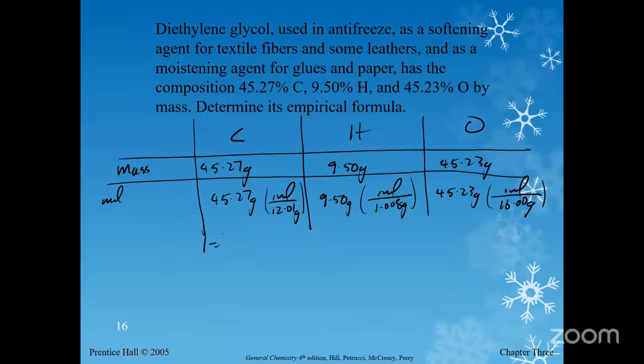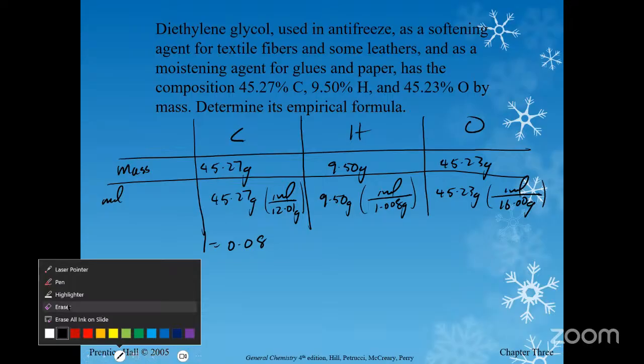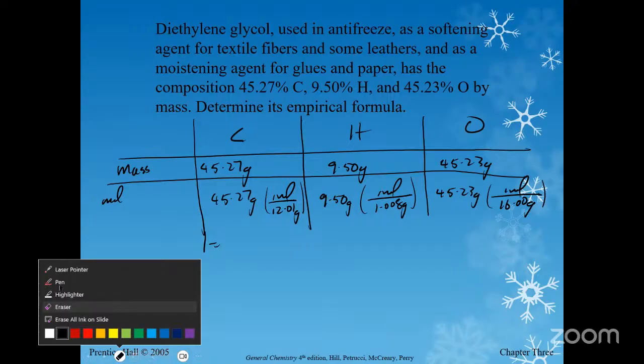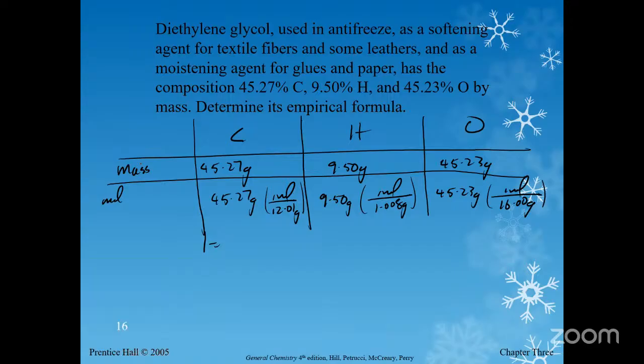45.27 divided by 12.01. And when I did that, I got 0.08. No, that can't be right. Let me do this again. 45.27 divided by 12.01. Okay, I don't know what I was doing to get that crazy result. Okay, so this is 3.769